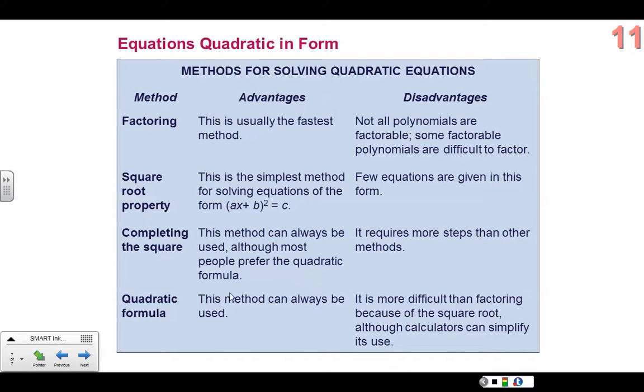Completing the square is an okay method. It is usually not the best method. It will work. It can always be used, but sometimes there are so many steps to do. People usually forget some of those steps, so it's maybe not the best way. Quadratic formula is great because it can be used on any quadratic equation, and if you can't factor it, I say